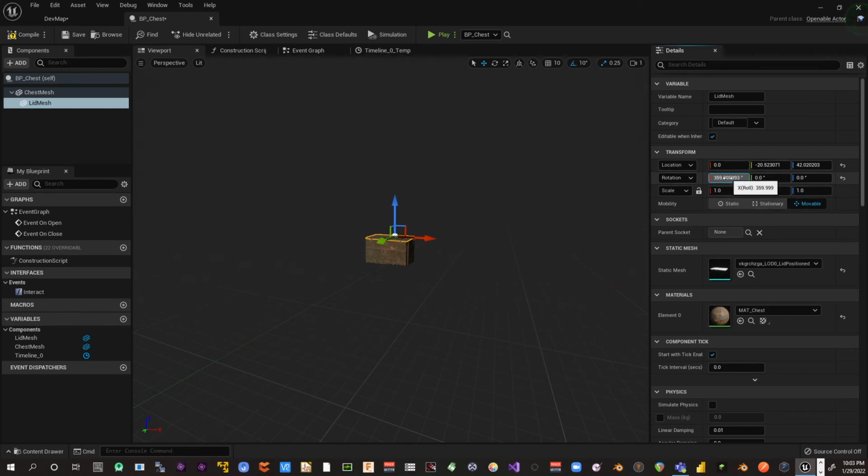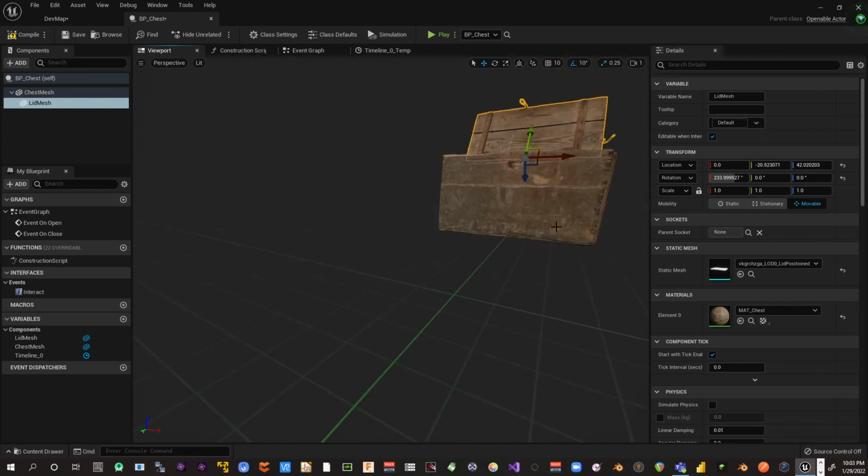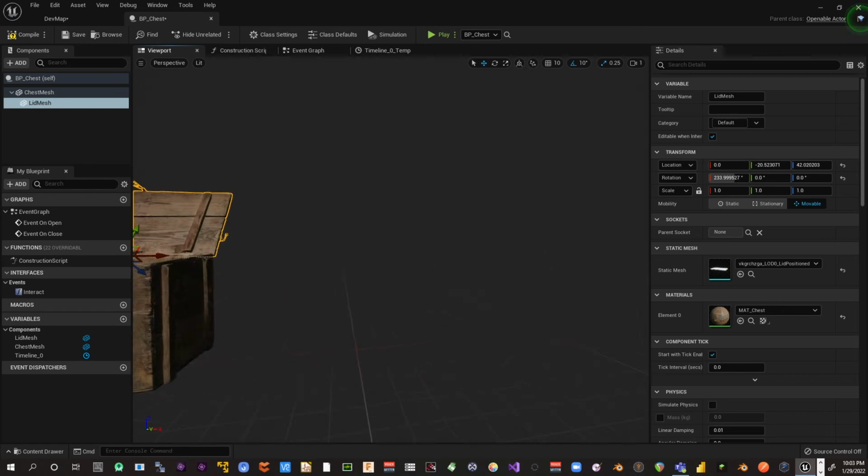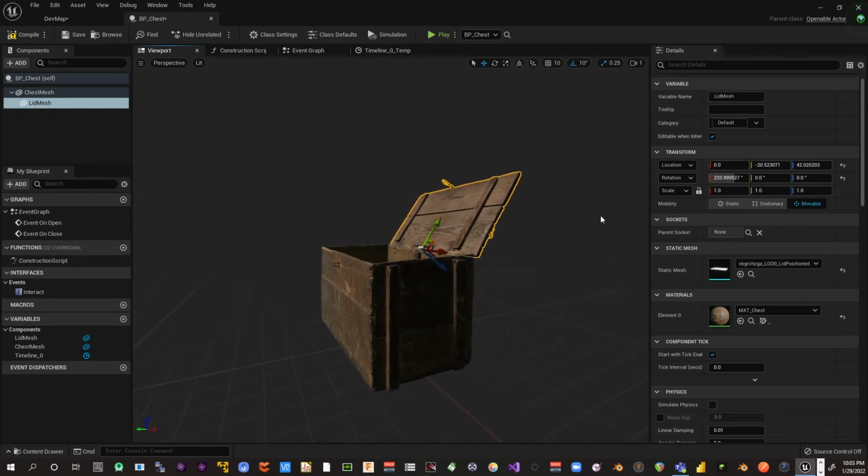Okay, and it's starting at this 360 point, and we want to go to about 270, maybe a little beyond, maybe open out a little bit like that. Let's zoom in here a little bit. Let's fly in so we can see. Yeah, I think it should lean back a little bit like that. So that's about 230. Let's make it even at 235. So we want to go from 360